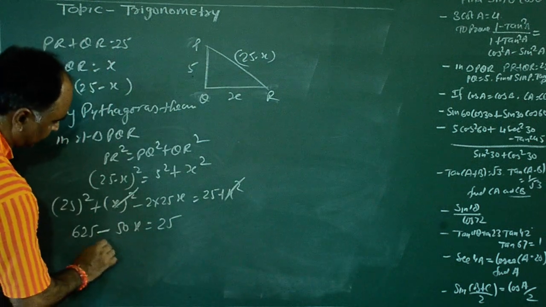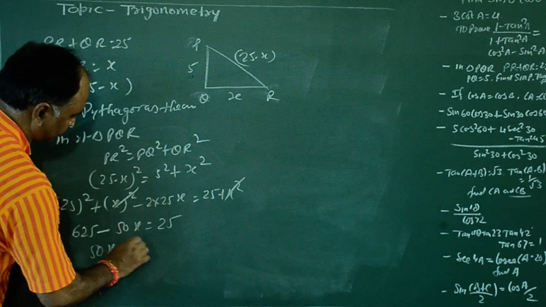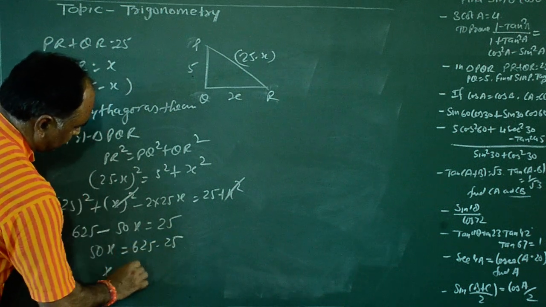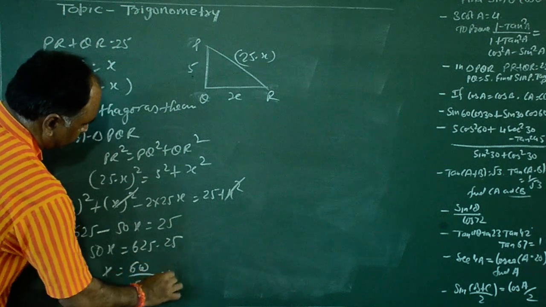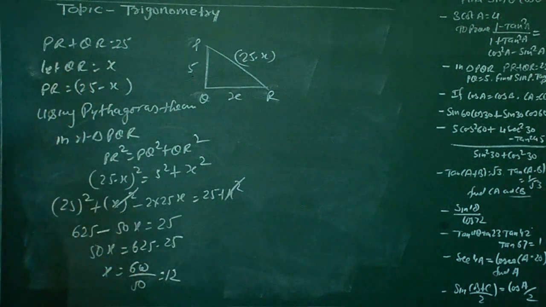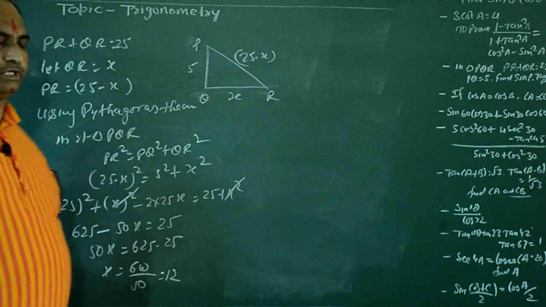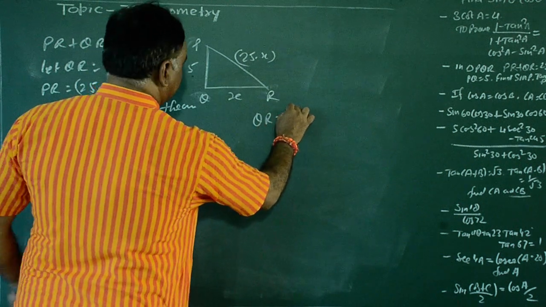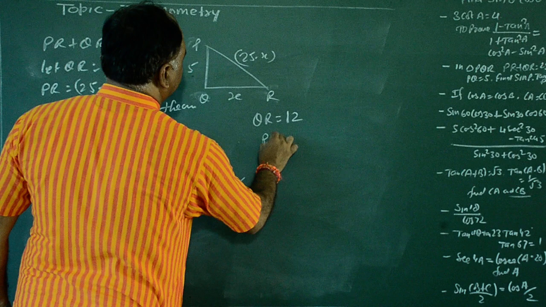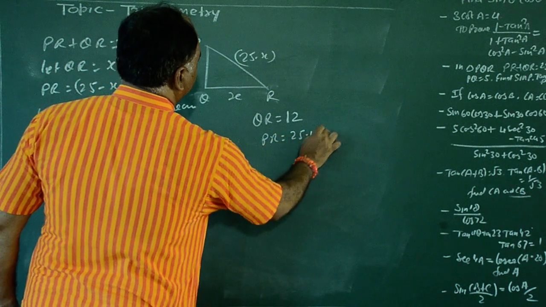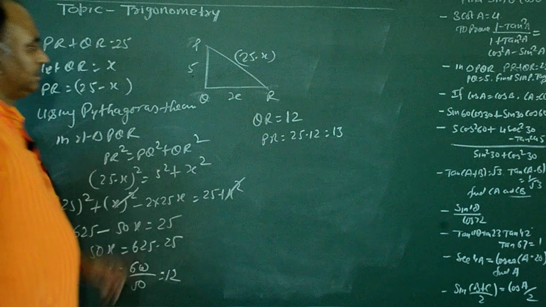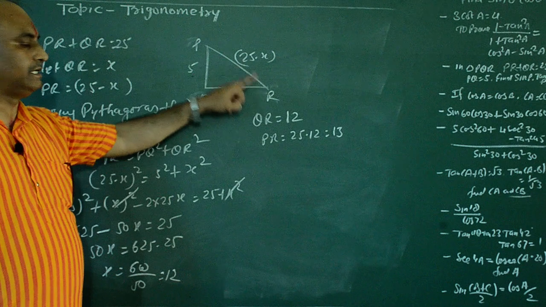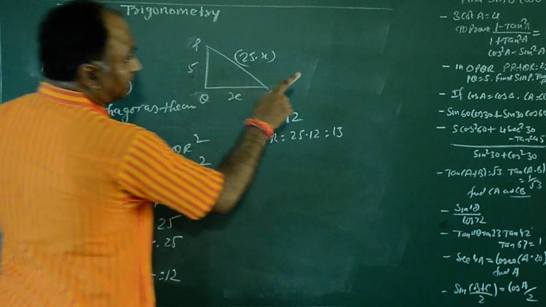Then you need x, so you will put 50x equal to 625 minus 25. So you have got 600 upon 50, and you have got x equal to 12. You have x equal to 12. It means QR equal to x, it means 12, and then PR equal to 25 minus 12, means 13. Now you have all three sides here, PQ, QR and PR. Now you need the value of